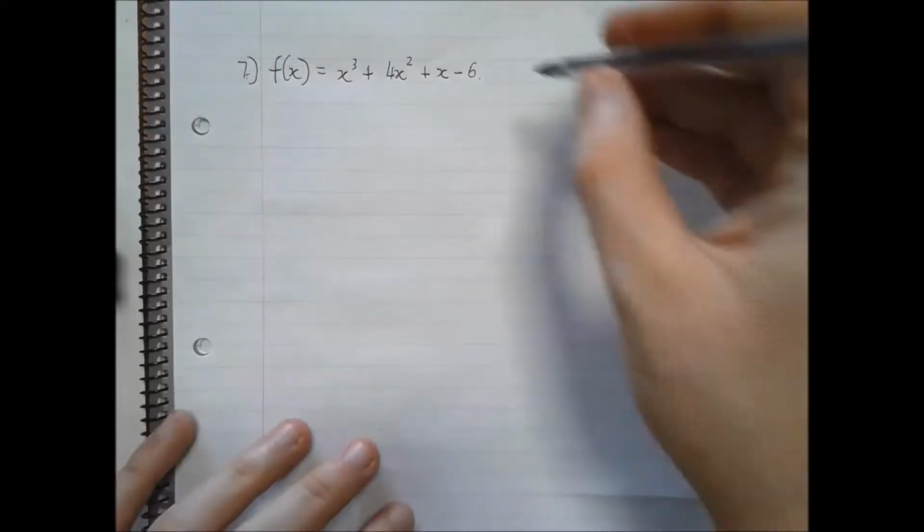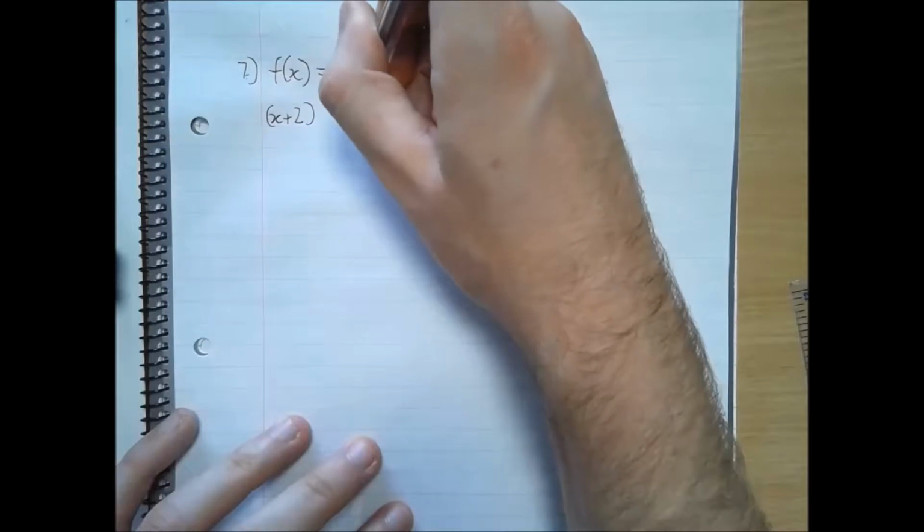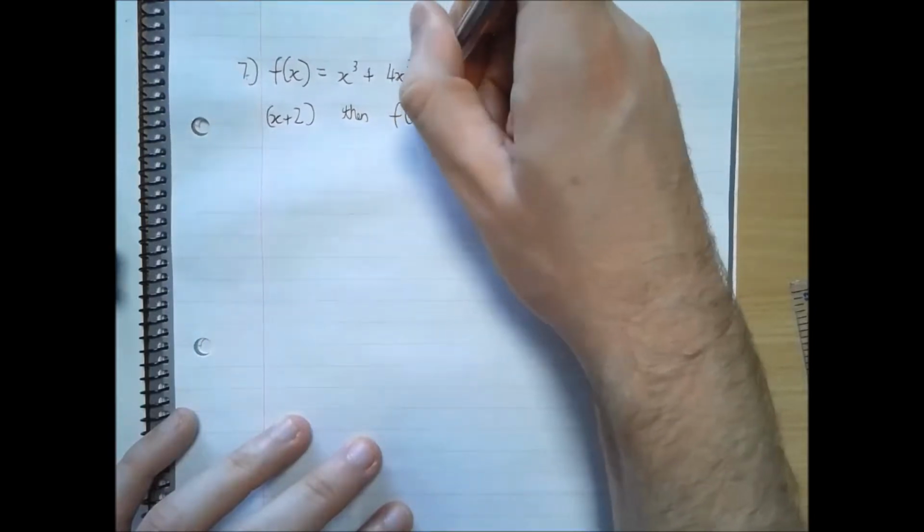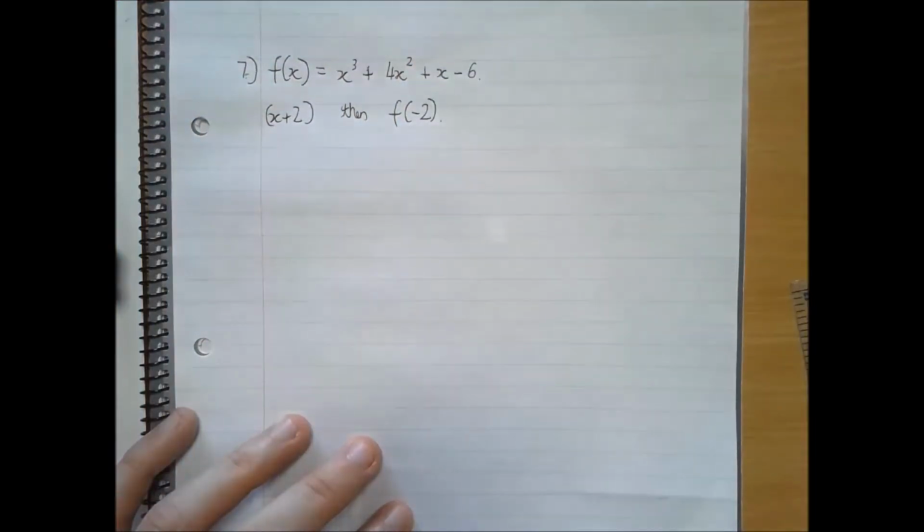Question 7, we've got f of x equals x cubed plus 4x squared plus x minus 6. We can use the factor theorem to show that x plus 2 is a factor of f of x. So of course if we use x plus 2, then we are going to be using f of minus 2, and then of course if we plug it in and it's a factor, it should